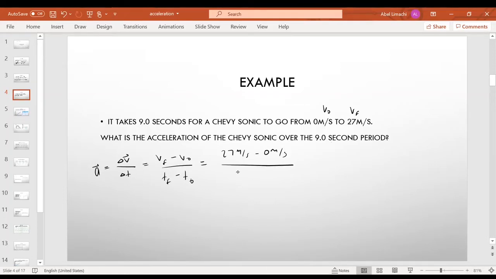So really it did the math for us, just 9 seconds. 27 meters per second over 9 seconds is going to leave you with 3 meters per second squared, or meters per second per second, but I again want to state that you might want to get used to writing meters per second squared because it just makes life easier later on. Alright,